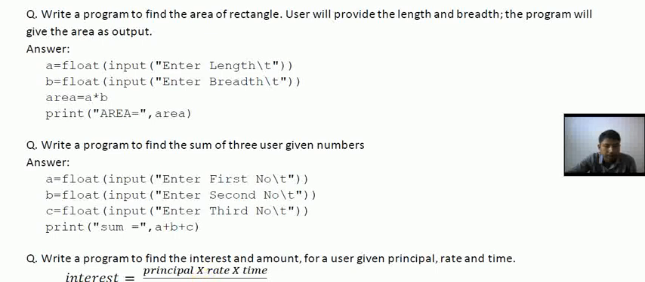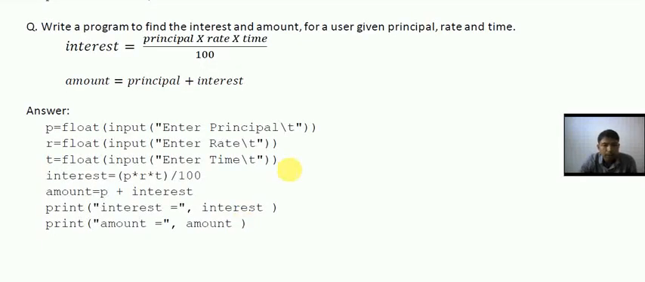Then next, this is a program regarding calculating the interest and the amount. So at first, write a program to find the interest and the amount for a user given principal, means the user will provide the principal, rate and time. So here p is equal to enter principal, then r is equal to enter rate, then t is equal to enter time. Means here I have taken float because the principal amount will always be in decimal points,